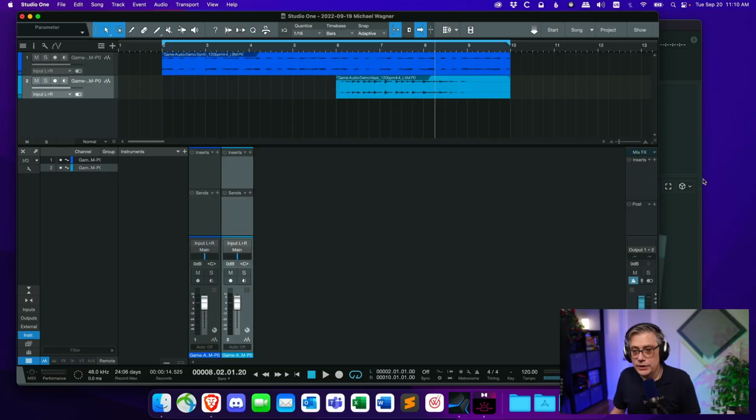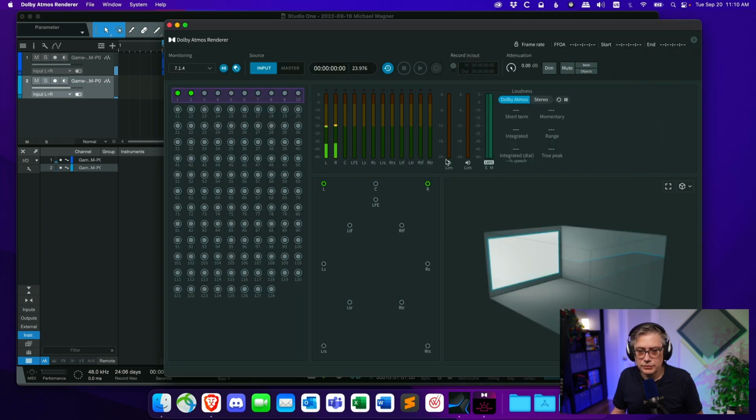At the moment, it doesn't do much, but it's already receiving that, and it's forwarding that to my audio interface. In my particular case, it's the external headphones. So let's just see if we hear stuff. And yes, I hear it, and if I switch to the Dolby Atmos Renderer, I already see that the audio signal is coming in at channels 1 and 2, which are the left and the right channel of the